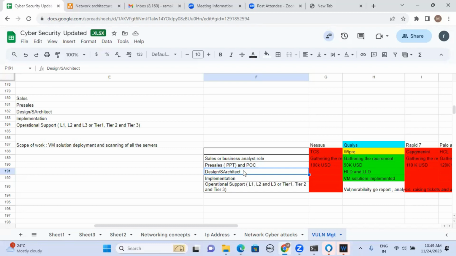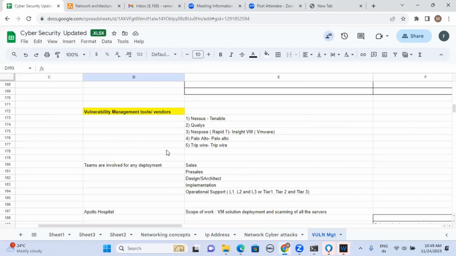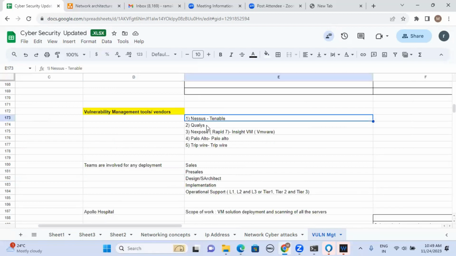Is it clear? Yes. Now, on the VM side, because we are discussing vulnerability management, there is the Nessus tool or Qualys. In our class, I will teach Nessus. So I will take Nessus, how to